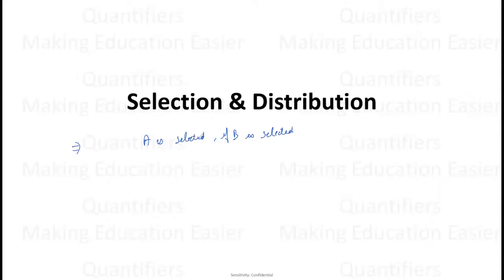See, A is selected if B is selected. So B is the basic criteria which will make A eligible for selection. Now, this does not mean that if B is there, A has to be essentially there. No, it is not true. It is a basic criteria, but it is not necessarily true. Understood. Okay. Similarly, if I say either